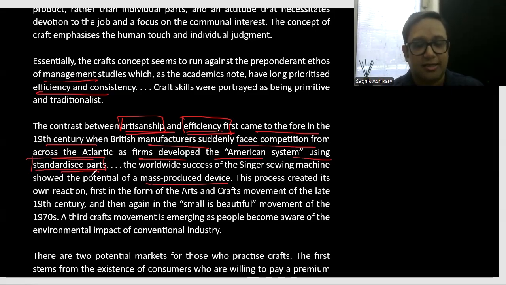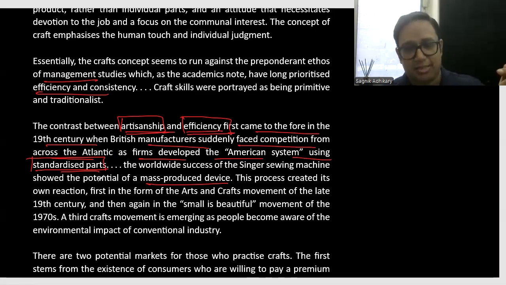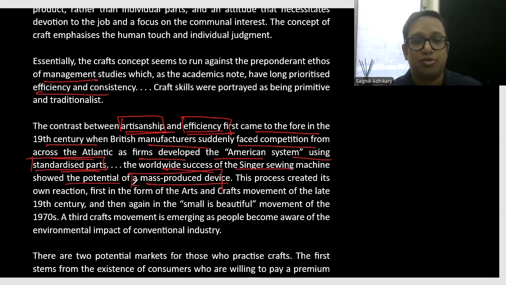We see here that the core idea of the American system, mass production, efficiency, the management ethos of things, is standardized parts. The worldwide success of the Singer sewing machine showed the potential of a mass-produced device. So yet again, we see there are reactions talked about that. So we see here that this is talking about standardization, efficiency, consistency, speed in production, mass production, producing in bulk,